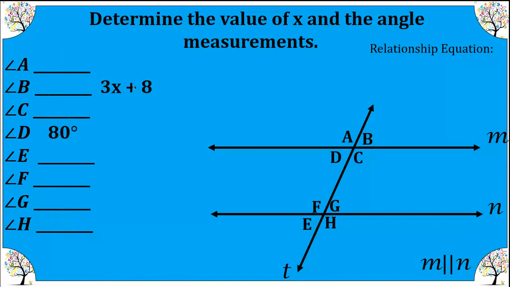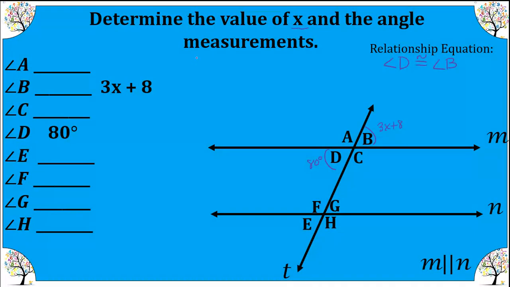Okay, now let's talk about finding the value of x. So we're going to use a little bit more algebra here. The first thing we're going to do is establish if the relationship given is congruent or supplementary. So we have angle B. So angle B is 3x plus 8. Angle D is 80 degrees. So these are vertical. So we know angle D is congruent to angle B, so we can set up our